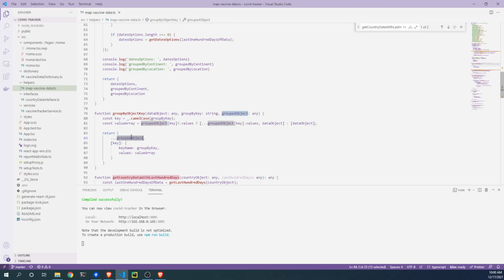Grouped object. So I'm passing value. Let's see, grouped object key values. Oh yeah, so if the grouped object already has a key and values on it, I'm just merging the data object to the existent values. So this way I'm adding for each continent